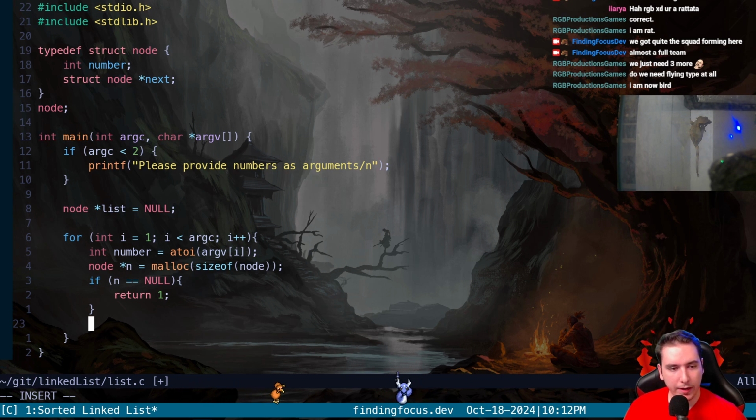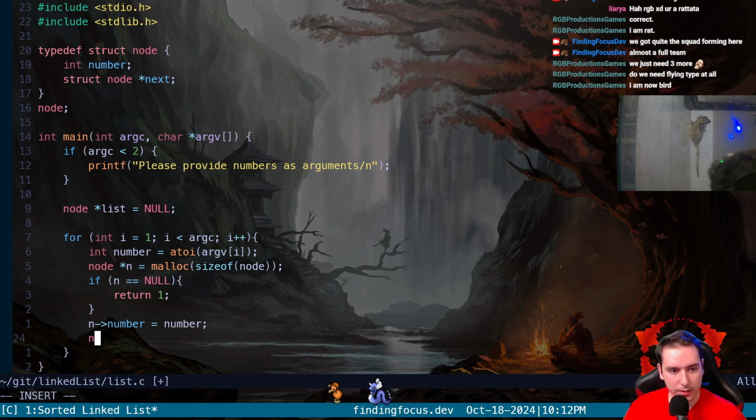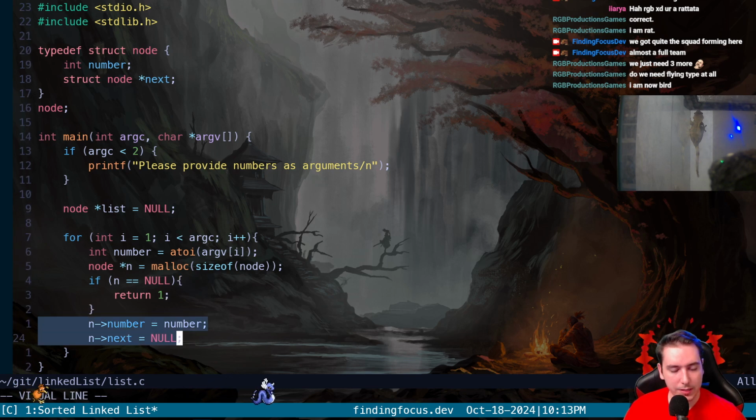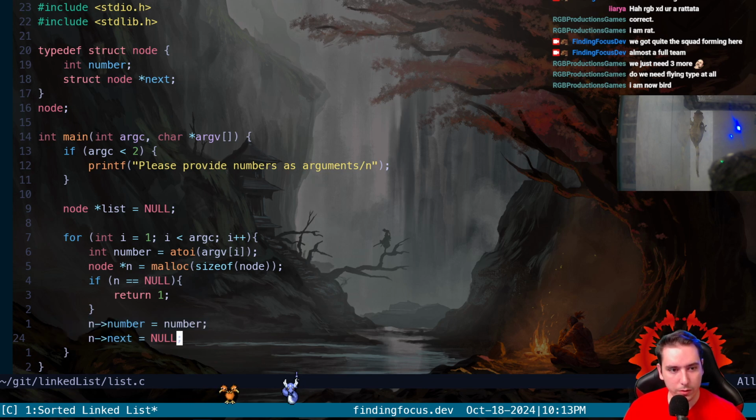Okay. So here's where we need to actually assign the values for our nodes. So we're gonna do our n number is gonna get our number that we extracted, and our n, I'm trying to do touch typing here, our n next is gonna be assigned to null. That's how we're gonna tell if we're at the end of our list. If we're pointing to null, then we're at the end of our list. So we cycle through our argument counts. We're gonna assign the number value to the node that we created,